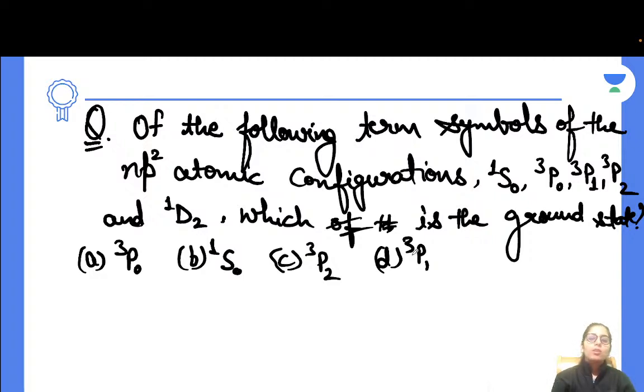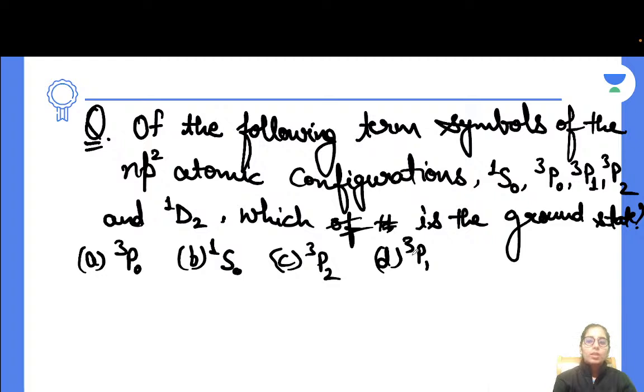But other than that, you can see that there are S, P, D notations you are having. So our first statement of Hund's rules is the largest 2S plus 1 value will have the lowest energy. So here you can see you are having 3P0, 3P1 and 3P2 with the largest 2S plus 1 value. The next part is the largest L value will have the lowest energy. So once you have shortlisted that it can be 3P0, 3P1 and 3P2, the next thing you have to consider is the L values are the same for all three.